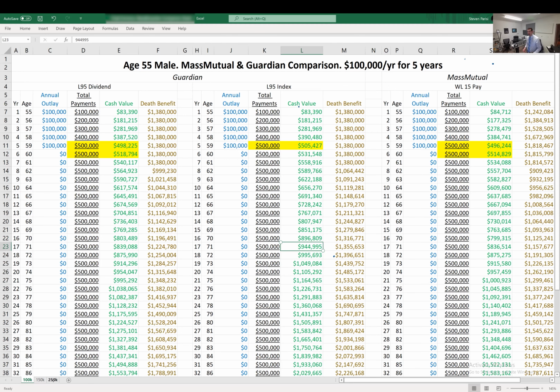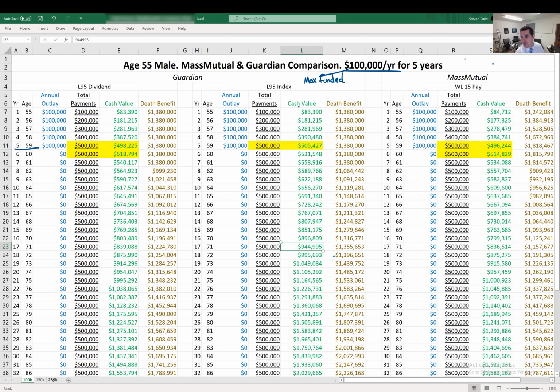What these represent are funding scenarios of max funded policies, 100K for 5 years, 150, and then 250 for 5 years. Why I ran 5 years is that takes you up until about age 60. In reality, we can fund for a shorter period of time, longer period of time. This is mainly just a starting point. Another thing I want to mention, Mr. Client, is when I say max funded policies,